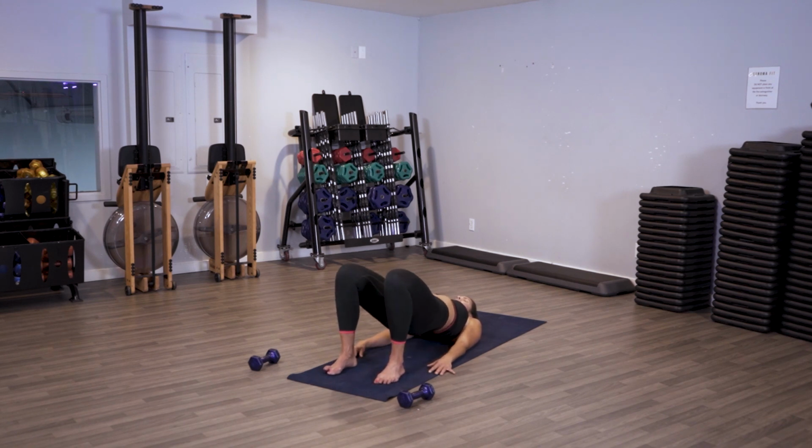Good, for 8. In 7, we hold at the top. In 6, in 5, in 4, slowly, 3, in 2. On that last one, hold it here, pulse it out. Little tiny movements, those hips move towards the ceiling for 10, 9, 8, 7, 6, chins tucked in tight, 4,